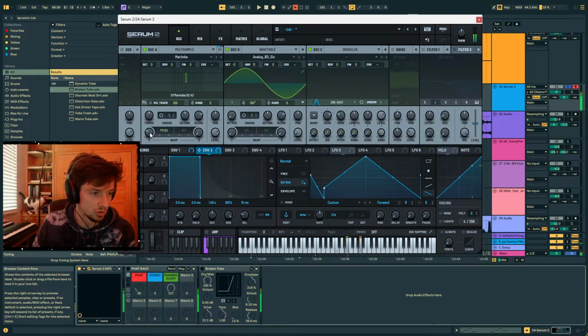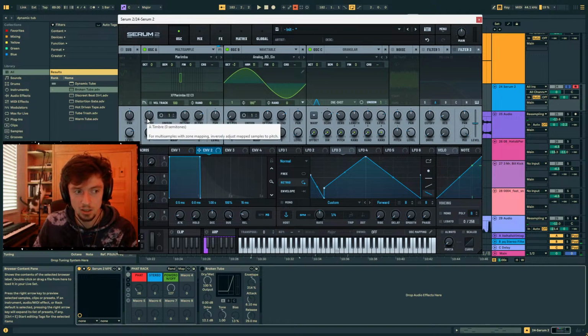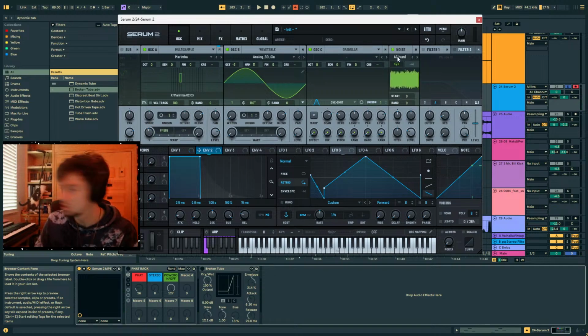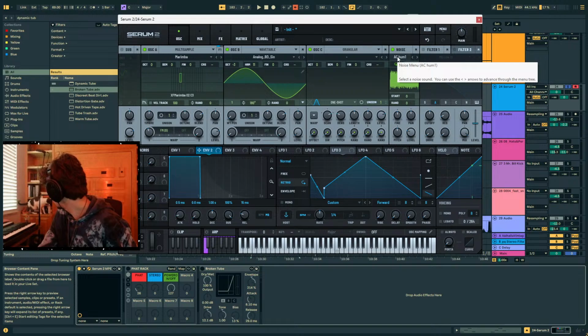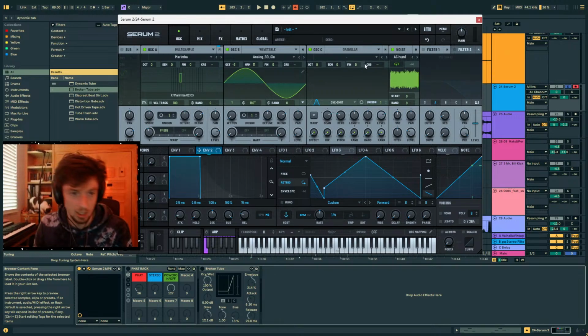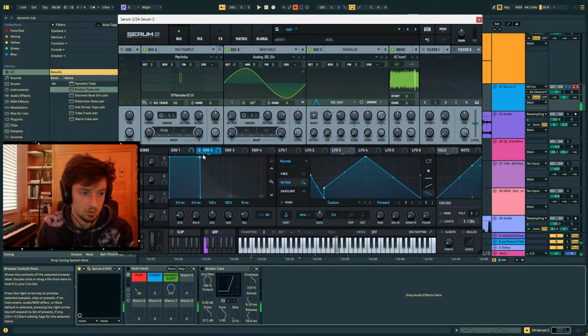Honestly, it sounds like distortion. I mean, that makes sense because it's like you're wavefolding. It sounds a little bit like a balafon. Dude. I can't. Okay, let's put